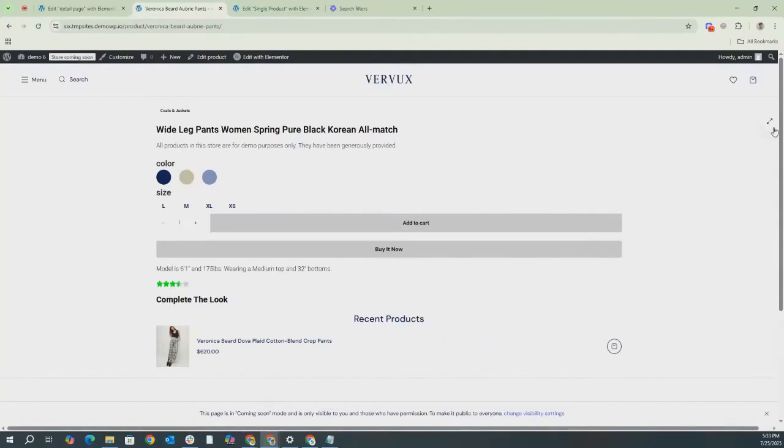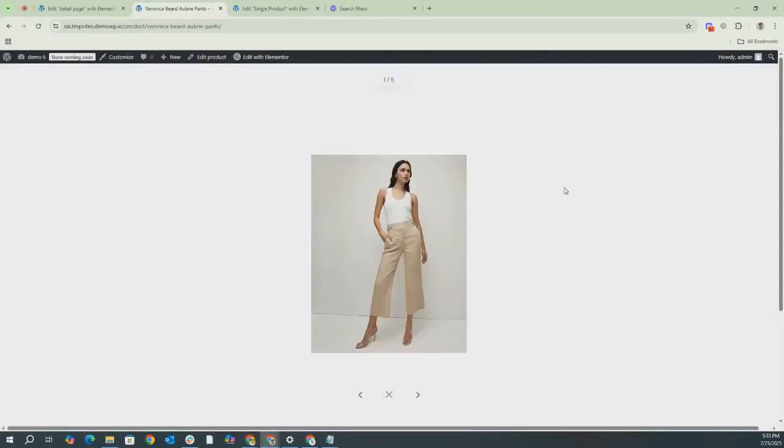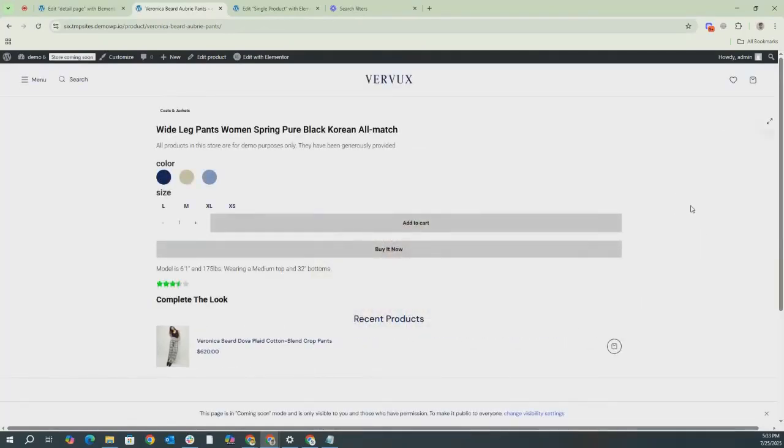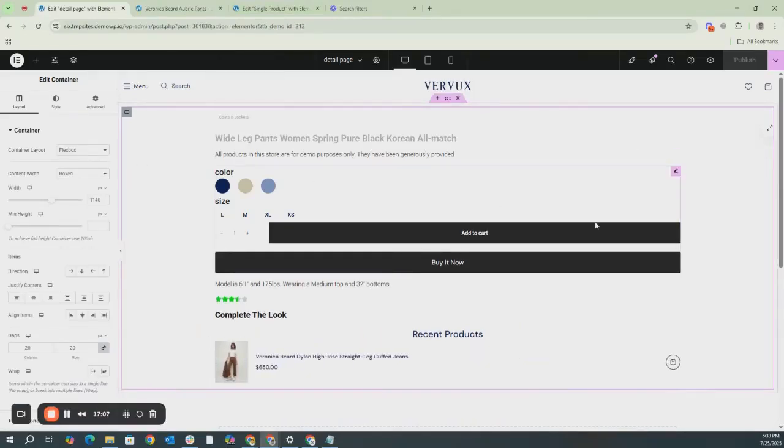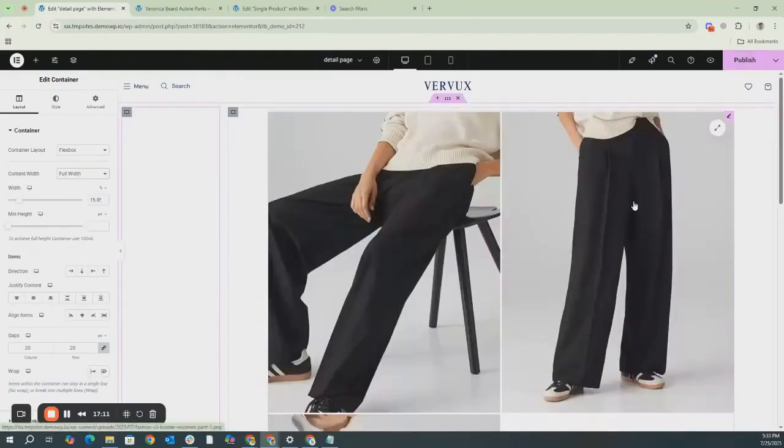But if you look closely now, you'll notice that our images are not displaying properly on the sides of the screen. So why exactly is that the case? We'll go back to our settings again. We'll see that we've set this container, or if we set it to full width, let's see, our images have